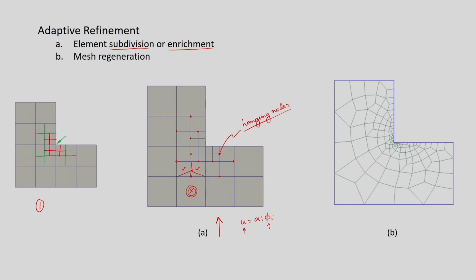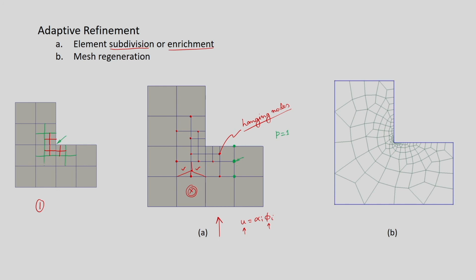So, in order to ensure the continuity, say alpha I in this node is equal to half of this alpha I and half of this alpha I. Why? Because suppose we are using bilinear shape function, p equal to 1, then the displacement at this point will be half of the displacement at these 2 points. Because this is linearly varying and this point is at the midpoint of these 2 points, we can use interpolation and say that the displacement here will be half of the displacement here plus half of the displacement here.